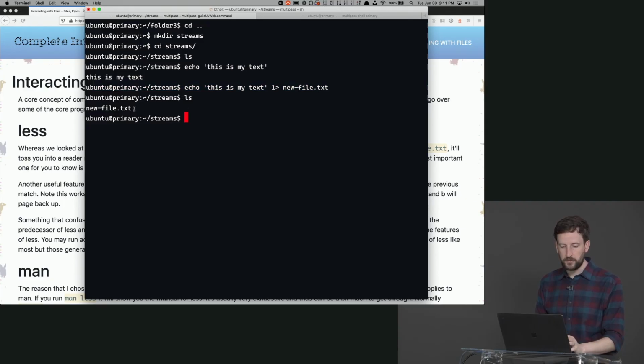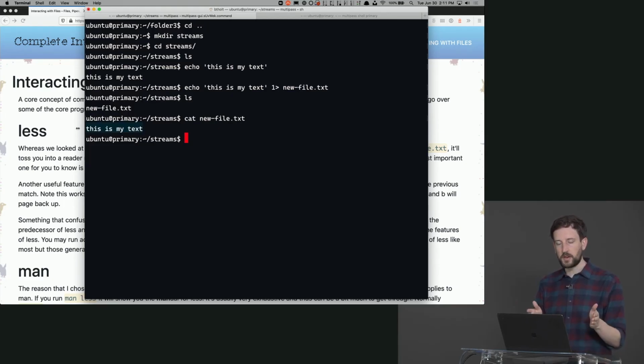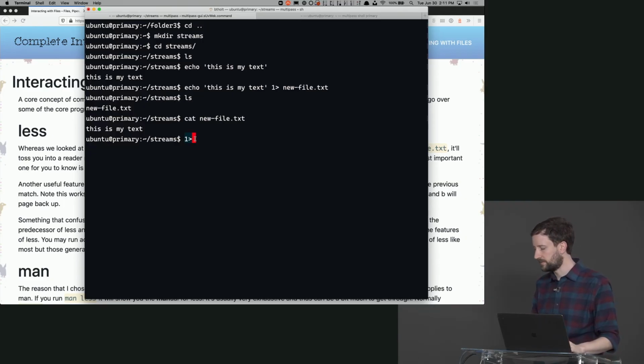But now I have this new file.txt, and if I cat that file, you'll see that my text went into that. That's pretty cool, right? So I'm redirecting that output from hitting the screen to going into a file. This is the standard out. So 1 and then angle bracket redirects just standard out. It doesn't redirect anything else.